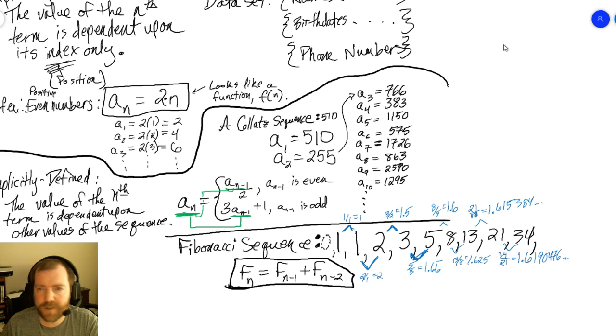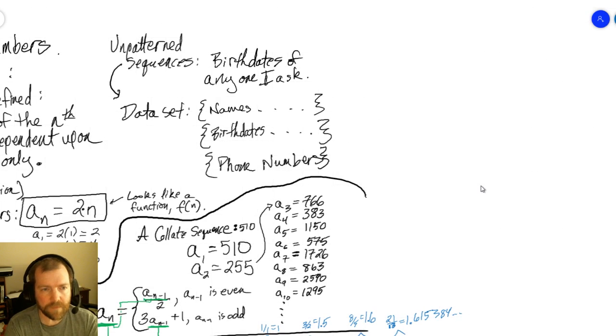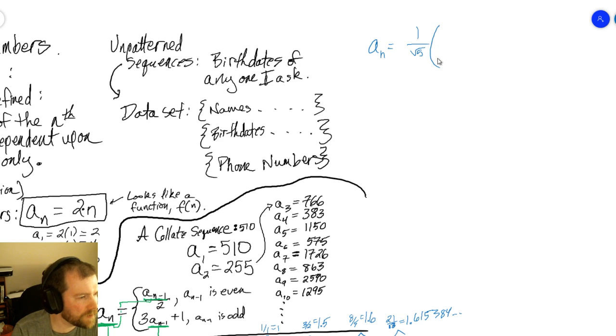Okay, let's check that out. A sub n is 1 over square root of 5. Now, is this 1 over root 5 and then the parentheses, or is it like 1 over... I mean, I'm assuming that you've at least got good notation, so it's going to be 1 over root 5 times 1 plus root 5 over 2. Okay, so phi to the n